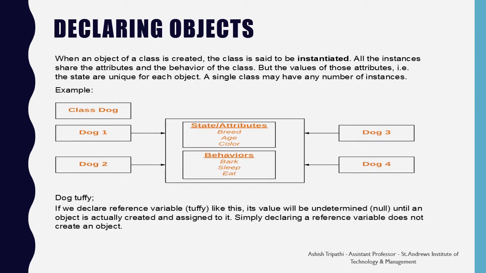When it comes to declaration of an object, the class is said to be instantiated. It is possible to create as many objects of a class as required. If we just declare a variable for a class, then it is called a reference of a class. This reference doesn't have any value and holds no memory area. But when an object is declared, it holds the values and occupies a memory area.